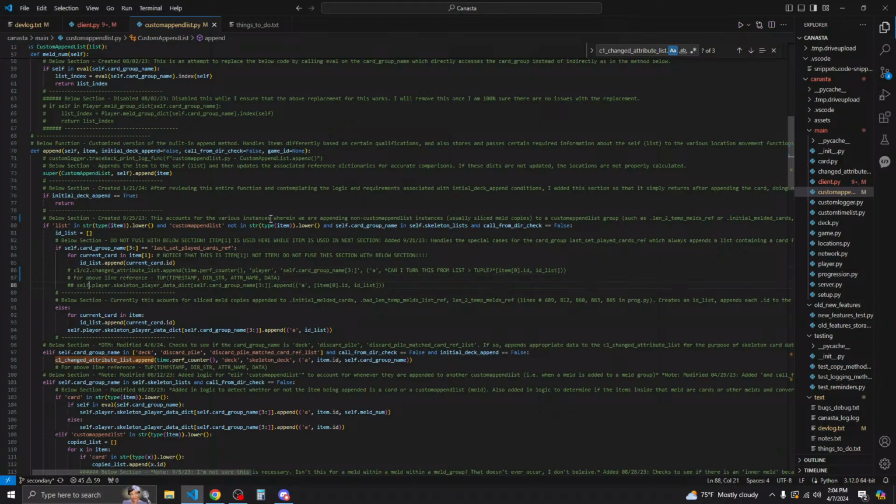So what ends up happening though is we iterate through. Oh, okay, no. So the card group name, we're appending a list to the card group last set played cards ref. So that is the card group.